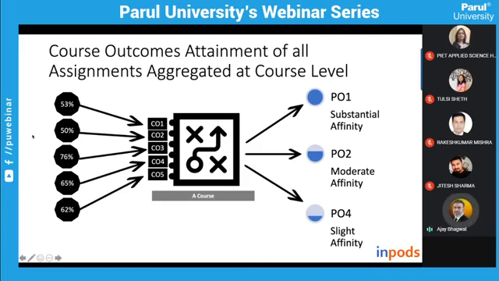We have 53, 50, 76, 65, and 62 as our course outcomes, and this is our course, which has got 3 POs. This is the affinity level, and all the course outcomes are mapped to all the POs, and they have an equal degree of affinity. If you recall the course articulation matrix, that's the idea we used, right?